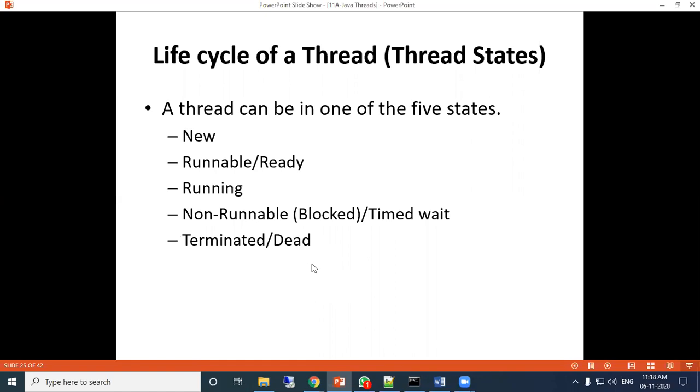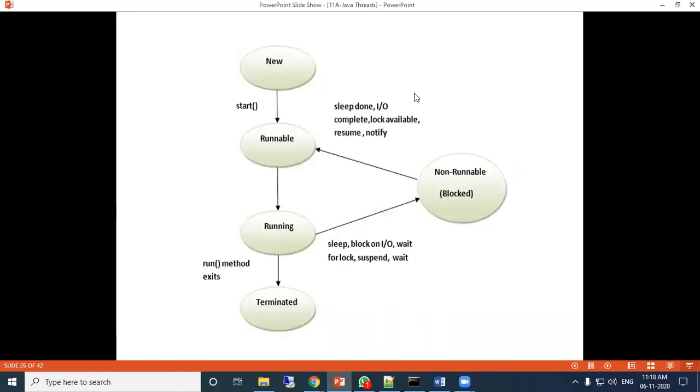Okay, so just see the diagram here. New is the first state. Then from new, when we call the start method, it enters runnable, and after runnable, immediately it starts running. Okay, start the execution. And if suppose any sleep or some other methods are executed for hold, block, or suspend, then it enters non-runnable.